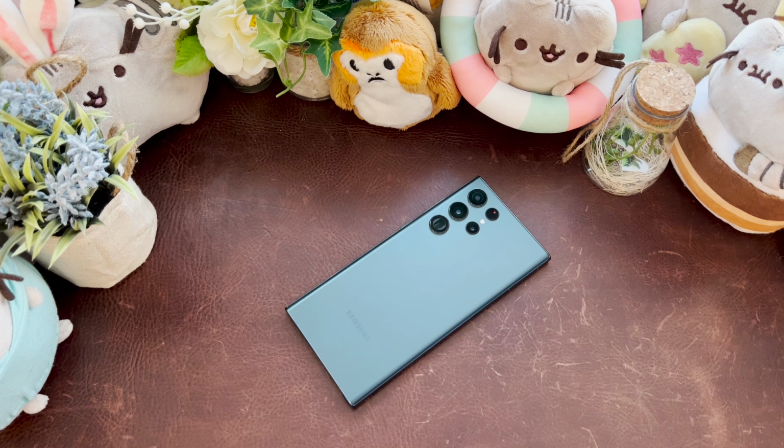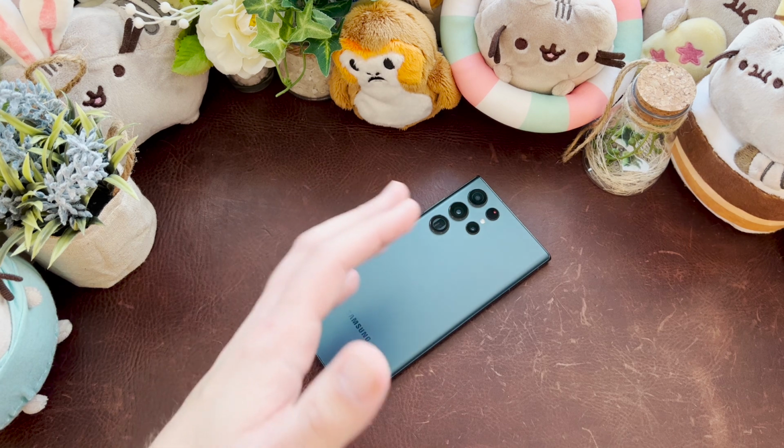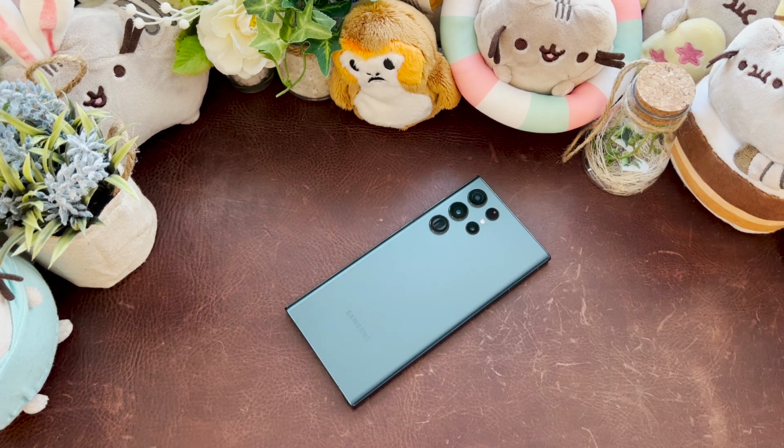The OneUI 5.0 beta, Android 13 running on the Galaxy S22 Ultra, and I saw a bunch of articles saying for people to keep their expectations in check, that there wasn't a whole lot changed here or added, just some minor tweaks. But sometimes boring could be a good thing because Samsung had a lot less work to do. They didn't have to take quite the big swing that the other manufacturers did, because if you look at